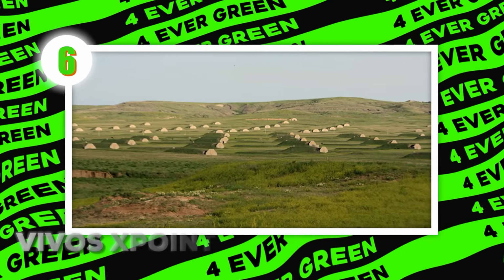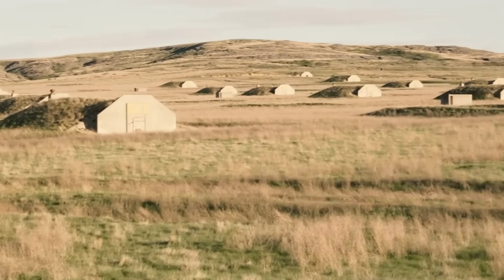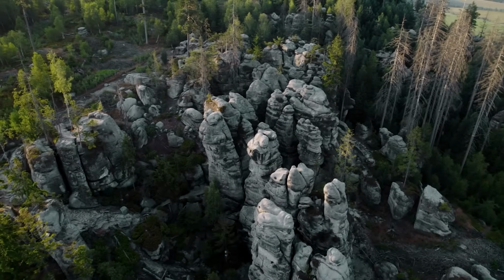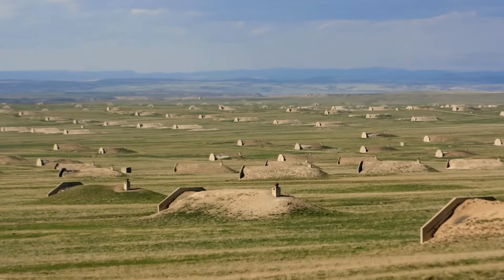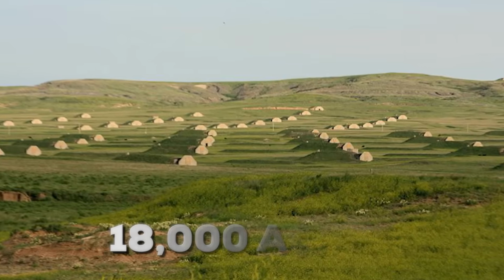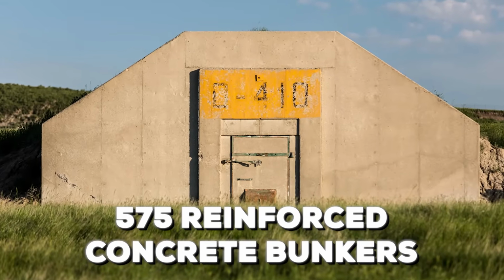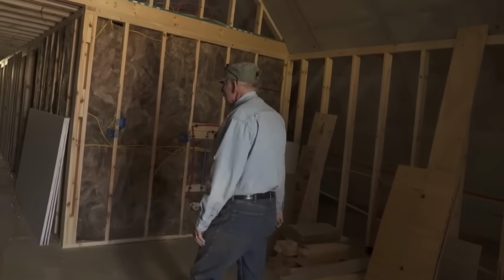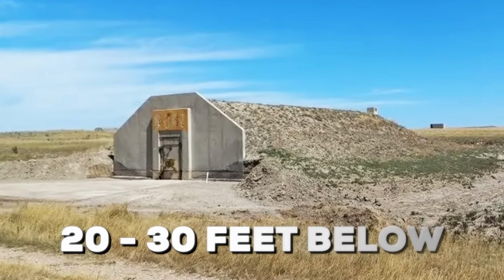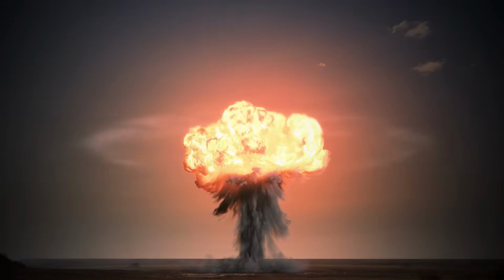6. The Vivos xPoint Shelter Complex, South Dakota. The Vivos xPoint Shelter Complex is a private underground bunker community located in the Black Hills of South Dakota. Built on the site of a former U.S. Army munitions depot, the complex spans 18,000 acres and includes 575 reinforced concrete bunkers, each capable of housing up to 20 people. The bunkers are buried 20 to 30 feet underground and are designed to withstand nuclear blasts, EMPs, and